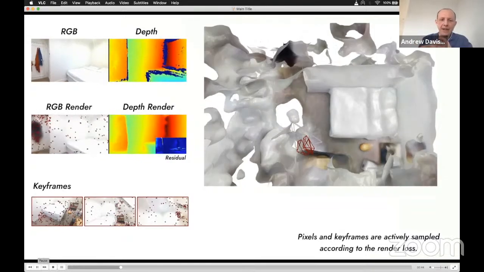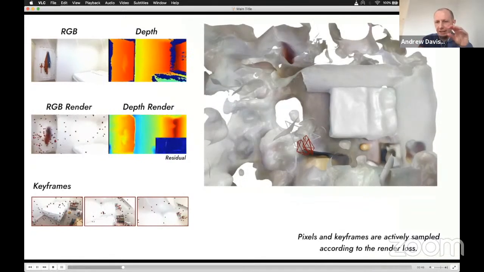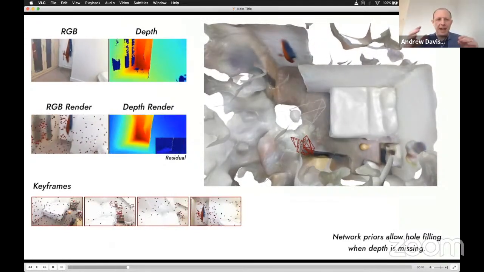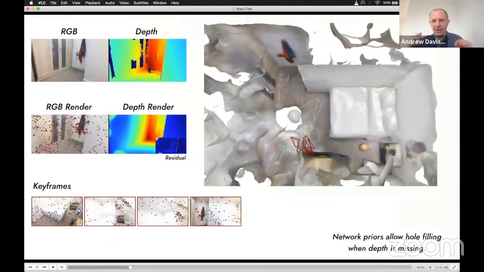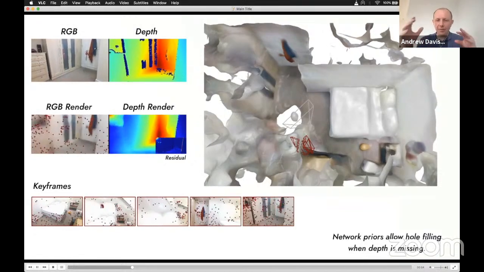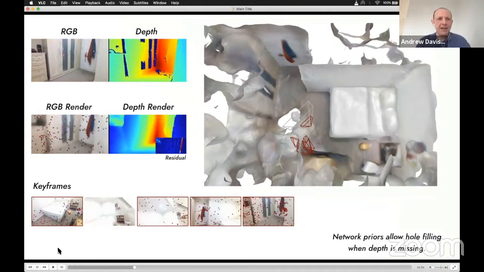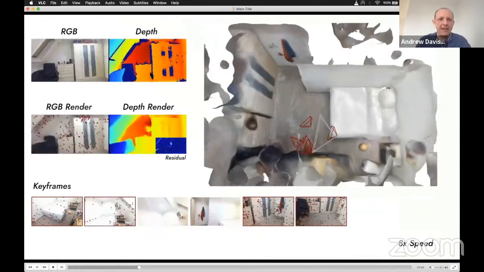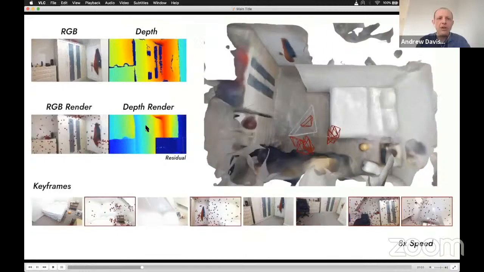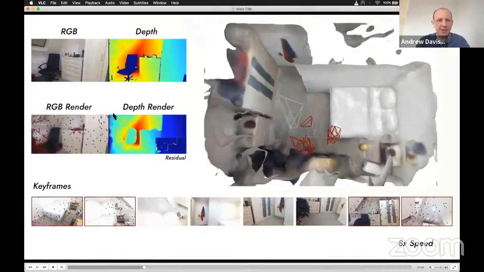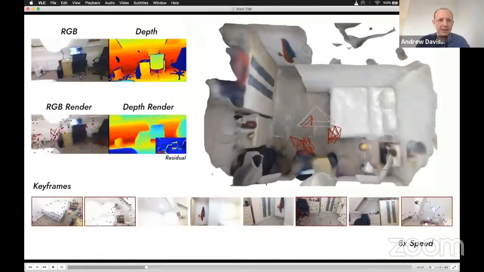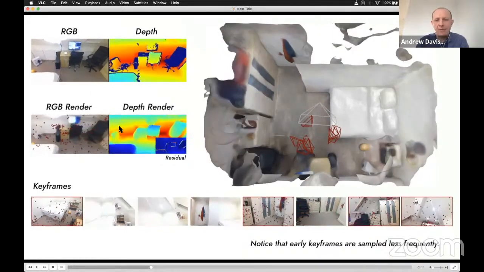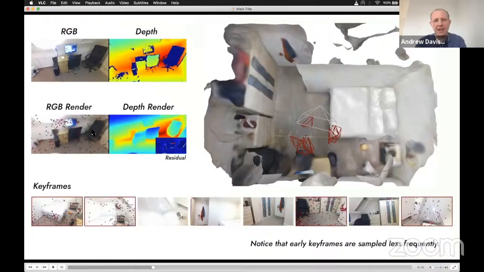So now if we have a camera in a known position within that map, and we have a color and depth image come from that camera, we can optimize the parameters of the network such that when we render from the network, the depth and the color match up to what we've observed. So here on the top left, you can see the RGB and depth that we're observing live. And then here we've got basically renderings from our implicit network.